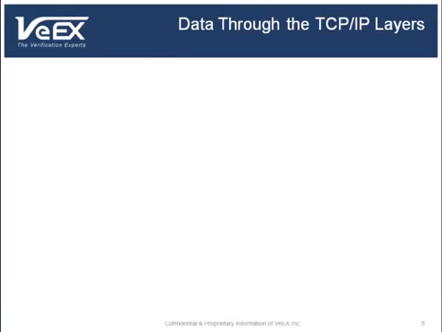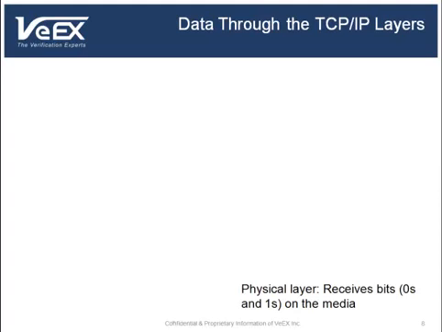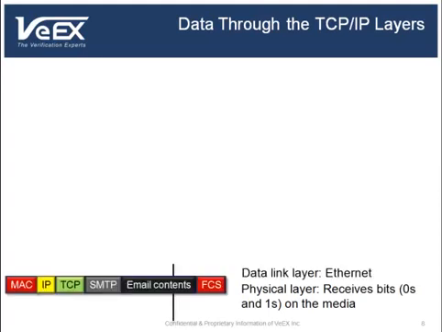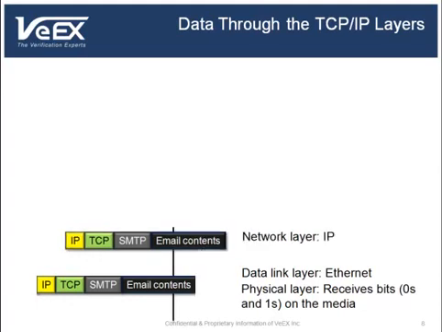On the receiving side, the remote device performs the following operations. On the physical layer, Ethernet 802.3 receives the bits, which are zeros and ones, and passes the bits to the data link layer. The data link layer checks the FCS to make sure that the data is not corrupted. If the FCS is correct, the layer then checks the MAC information to make sure that the frame is addressed to the host. Then it strips the MAC header and the FCS and passes the data to the network layer,